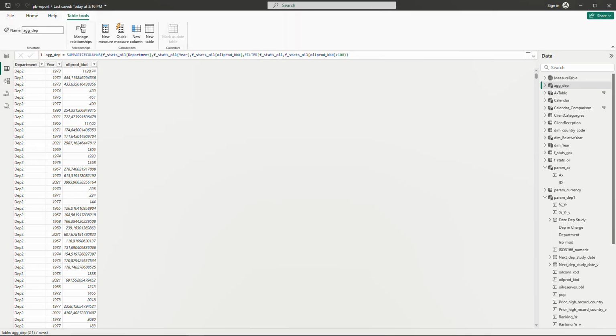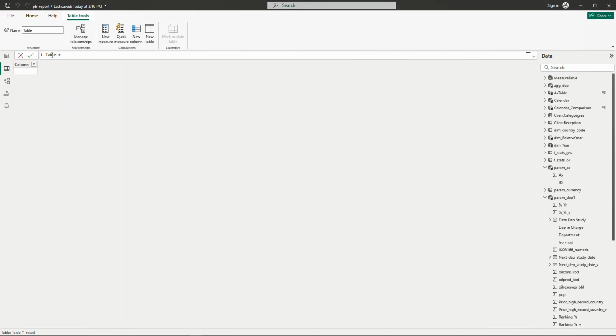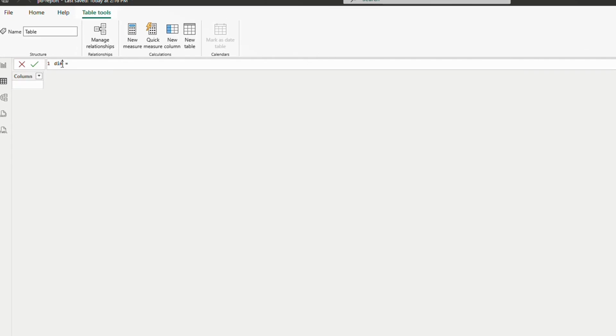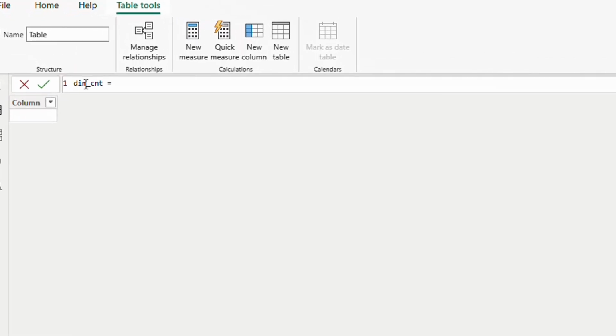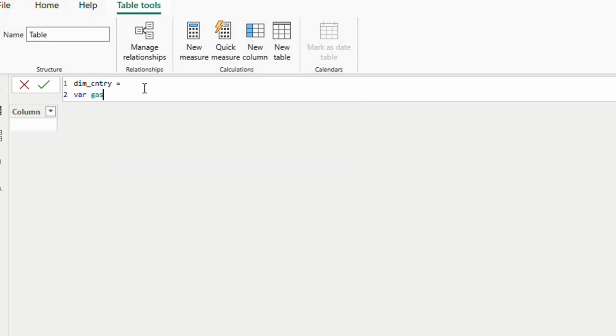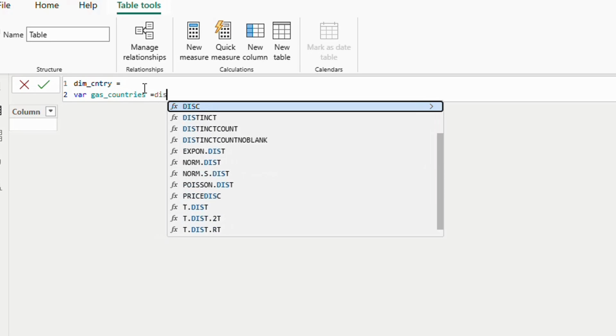Okay, function number 10 is going to be union. The union function is going to allow you to get together 2 or more tables that are similar to each other. I'm going to use an example that I often use when I want to create my dimension tables from different fact tables. Here, let's call this dimension country. And in this dimension table, I'm going to get the countries from my gas table. I'm going to use distinct value,